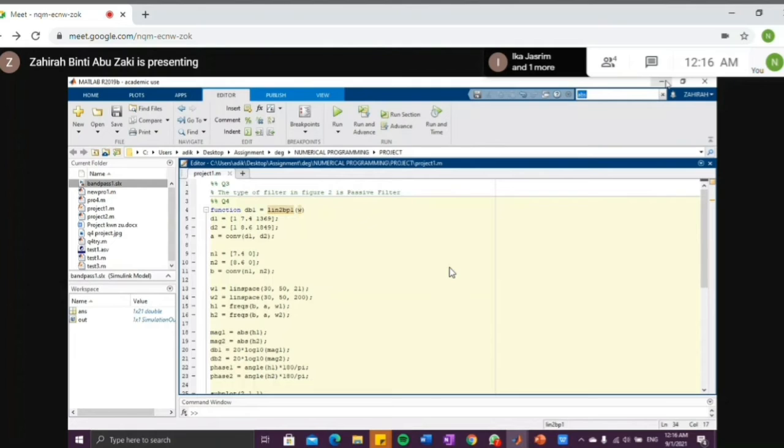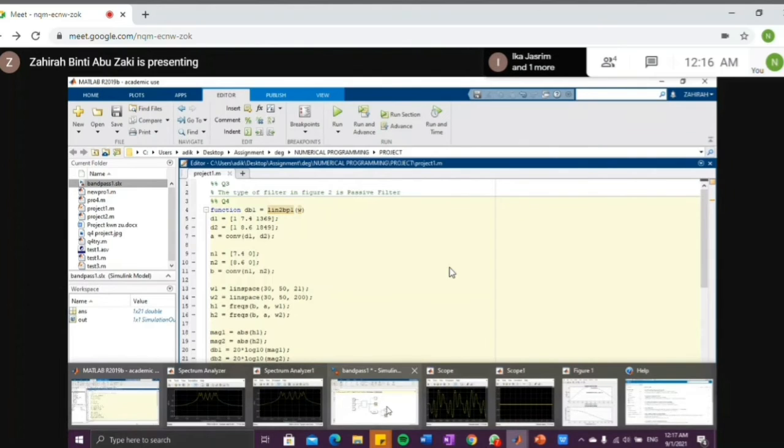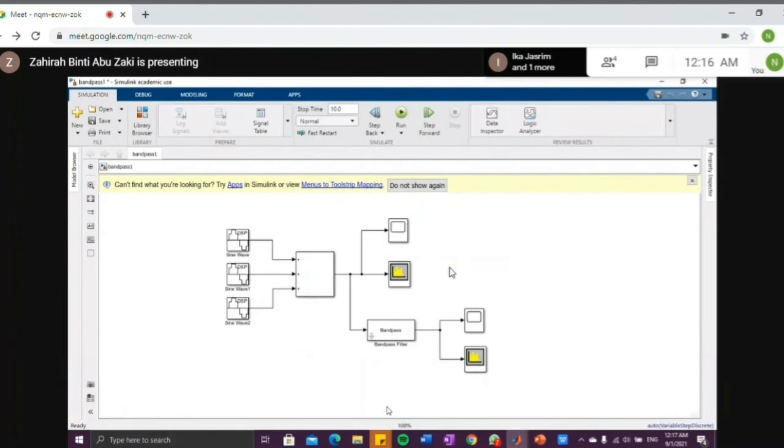Today, me and Zaira will present questions number 3 and number 4 for the numerical programming project. So the answer for question 3 is that the type of filter in figure 2 is a passive filter. And for the answer to question 4, based on figure 1 and 2, we design an RC bandpass filter